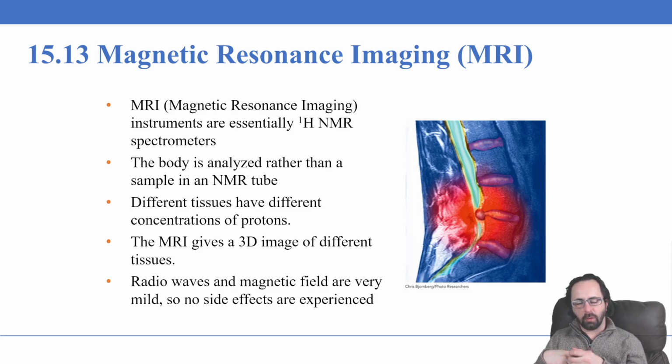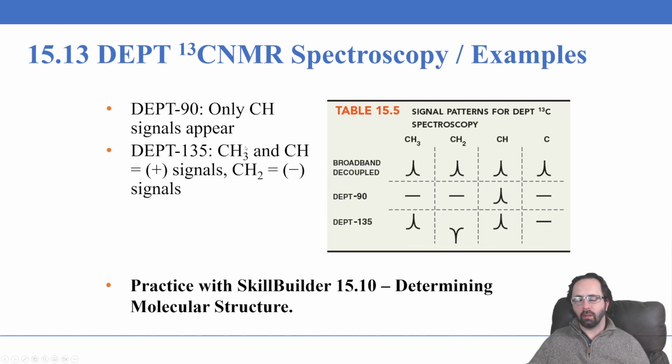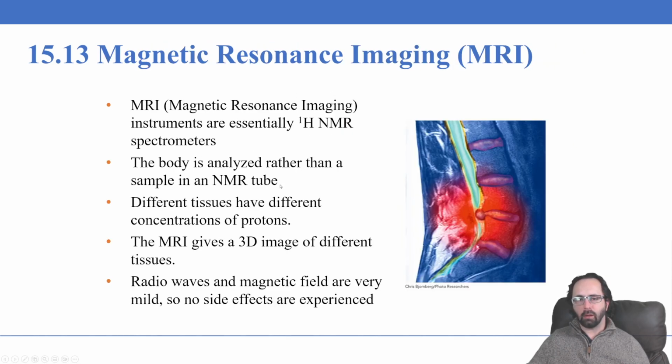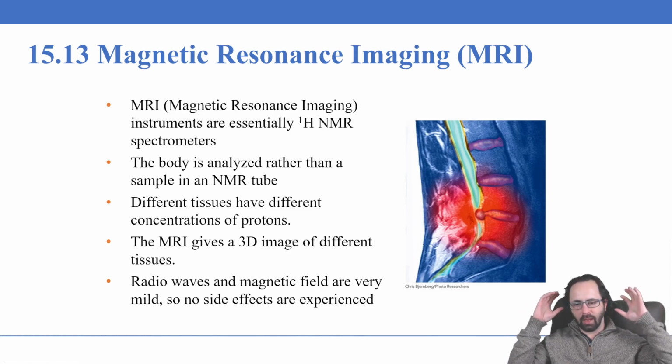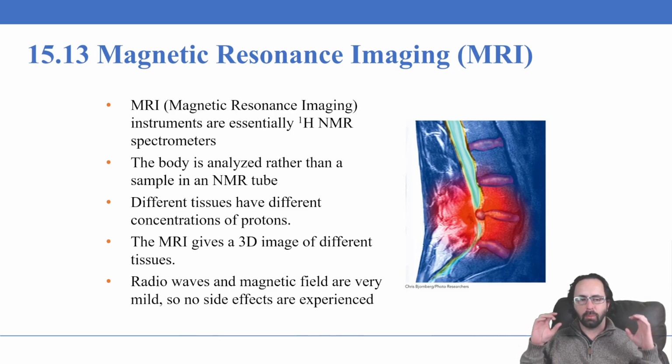Then we saw also carbon-13 NMR, which generally will be decoupled and will produce a singlet for each chemically distinct carbon, and that can give us further confirmation of what we observe in the proton NMR. And finally, we saw a couple of applications, such as DEPT carbon-13 spectroscopy and the medical application of magnetic resonance. So most of your homework this week is practicing those packets where you're given a molecular ion, an IR spectrum, a carbon-13 NMR spectrum and a proton NMR spectrum, and you're asked to identify the